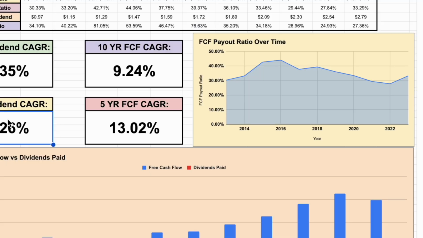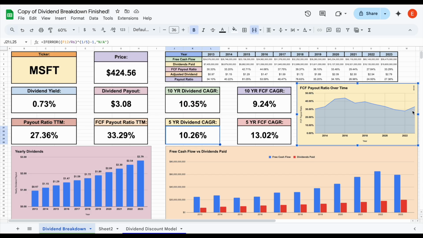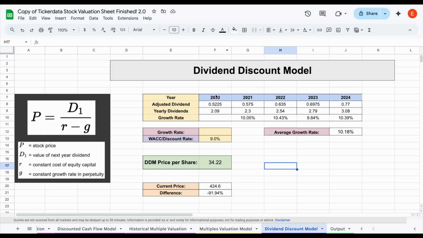And if we look at the free cash flow payout ratio over time, what this is telling us is how much of their free cash flow is currently being used to pay out dividends. It looks like for the most part, it's been around 30% for the majority of the past decade, leaving plenty of room to reinvest back into the business, meaning it's easier to grow dividends. So in the scenario, I think, maybe around an 8, 9, or 10% dividend growth rate could make sense.